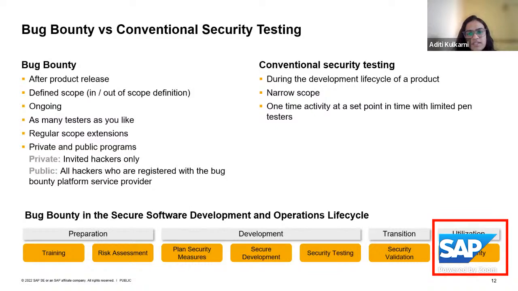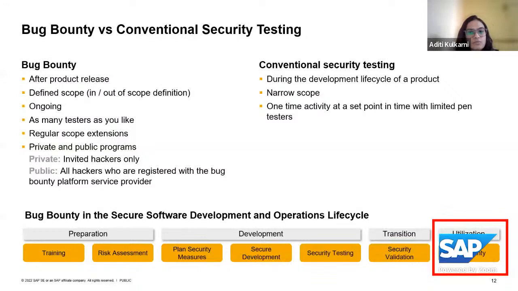Conventional security testing would come with a scope. When a particular module is being developed, the security testing will be performed only on that module, so that does put a scope there. Even if end-to-end testing is performed for that application, there would be a time limit; you cannot keep on testing for months together. It would be within a certain scope and within a certain time limit. That's how conventional security testing works.